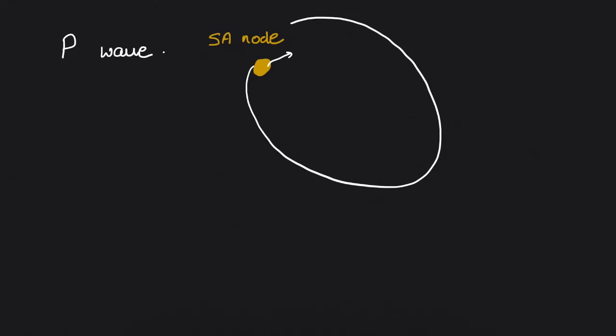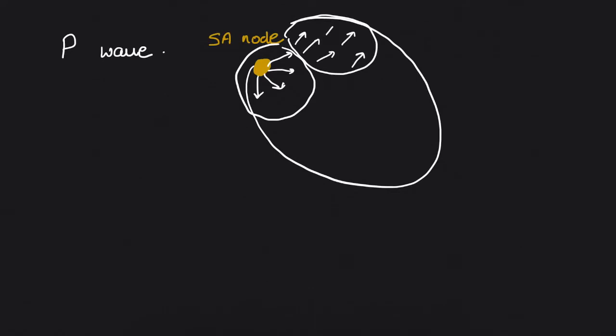Talking about the P wave: the P wave is generated because of the depolarization of the atria. When the impulse originates from the SA node, it depolarizes the right atrium first. As soon as the impulse reaches the left atrium, it starts depolarizing the left atrium. So the P wave consists of 2 waves; it is a superimposition of 2 waves, one from depolarization of the right atrium and the other from depolarization of the left atrium. These 2 waves superimpose to form a compound P wave.